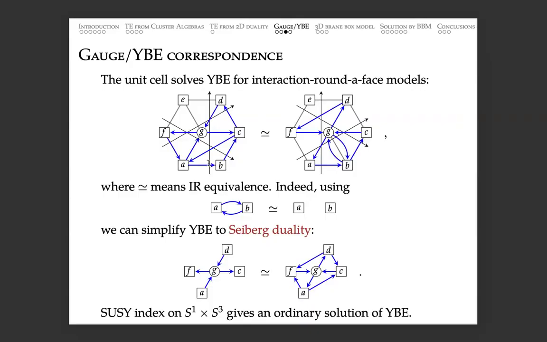And then you can cancel some arrows which are common on both sides, and then move some arrows from left to right. Then this Yang-Baxter equation can be written in this form. And this is exactly the relation between one quiver and its mutated quiver, and that turns out to describe Seiberg duality, this infrared duality of 2 theories.